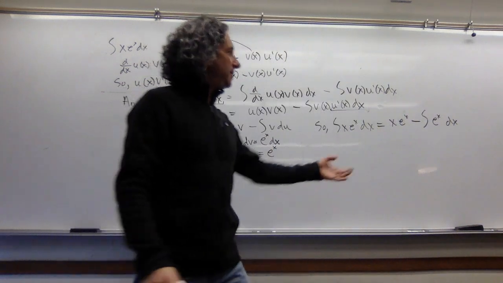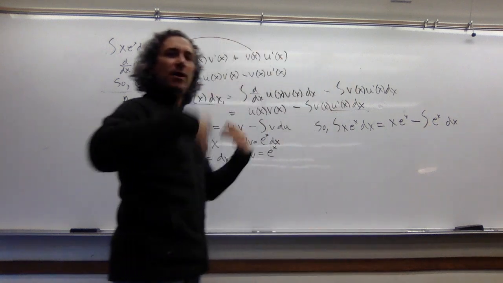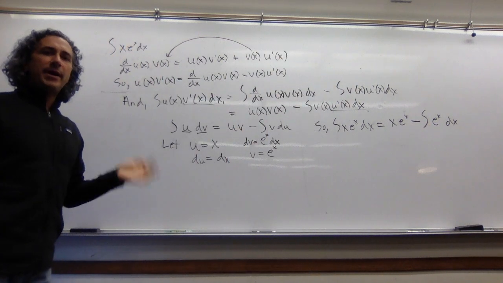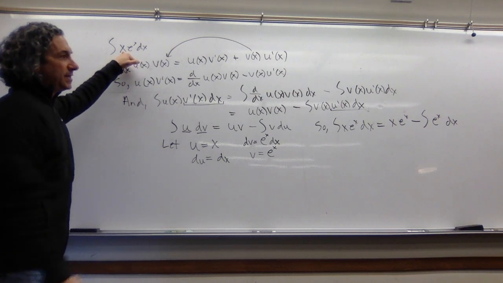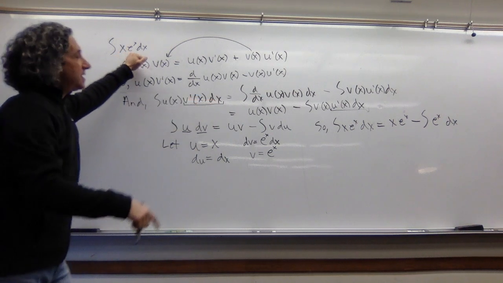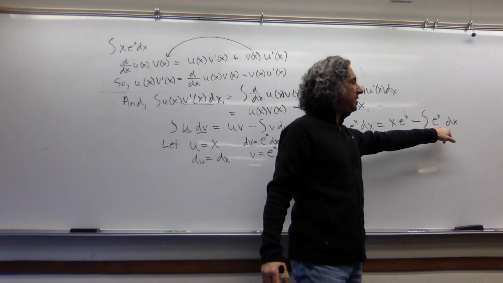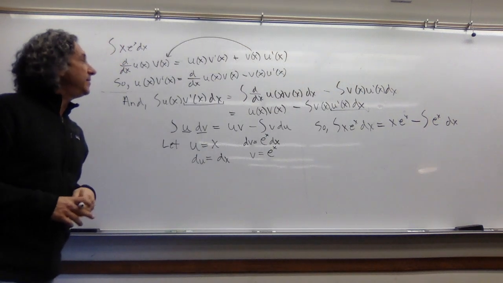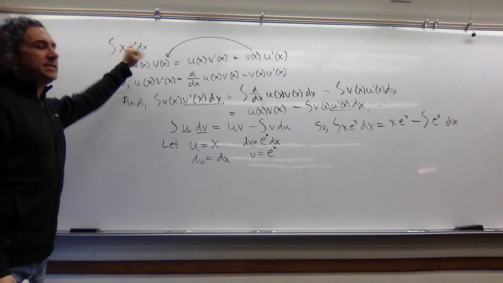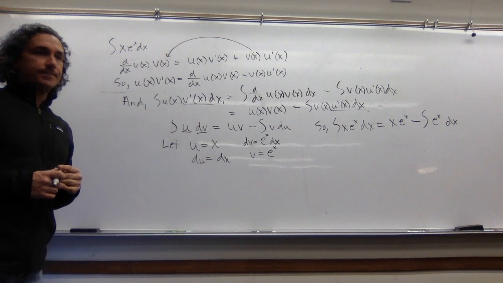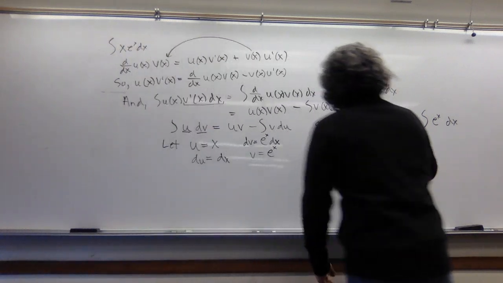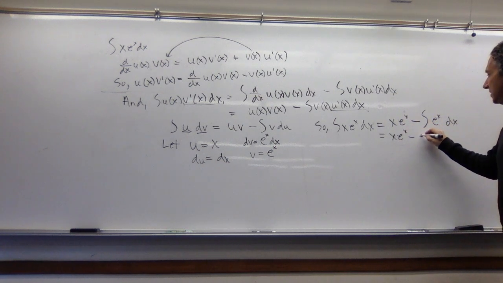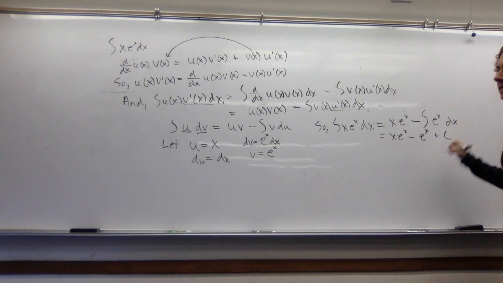So notice, in this formula, we have exactly what I talked about at the beginning. Hey, I can't integrate x e to the x, but I know how to integrate the derivative of this, aka 1, times the antiderivative of e to the x, aka e to the x. So the thing that I'm integrating is the derivative of 1 times the antiderivative of the other. So this becomes x e to the x minus the integral of e to the x, which is e to the x, plus c.